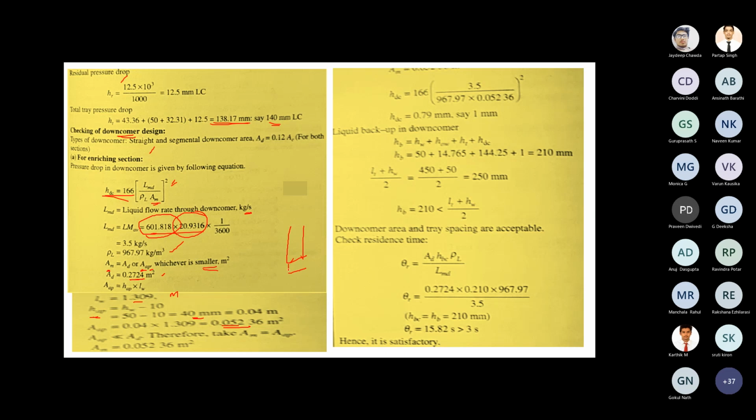So this gap will give the area for flow. So this is your downcomer area. You have to see this area and this area available for flow. These both are available for liquid flow, correct? So liquid will flow like this. Here liquid will flow like this. You have to check the area of these two and whichever is the minimum that you have to take. So AAP is smaller, so you have to take AAP.